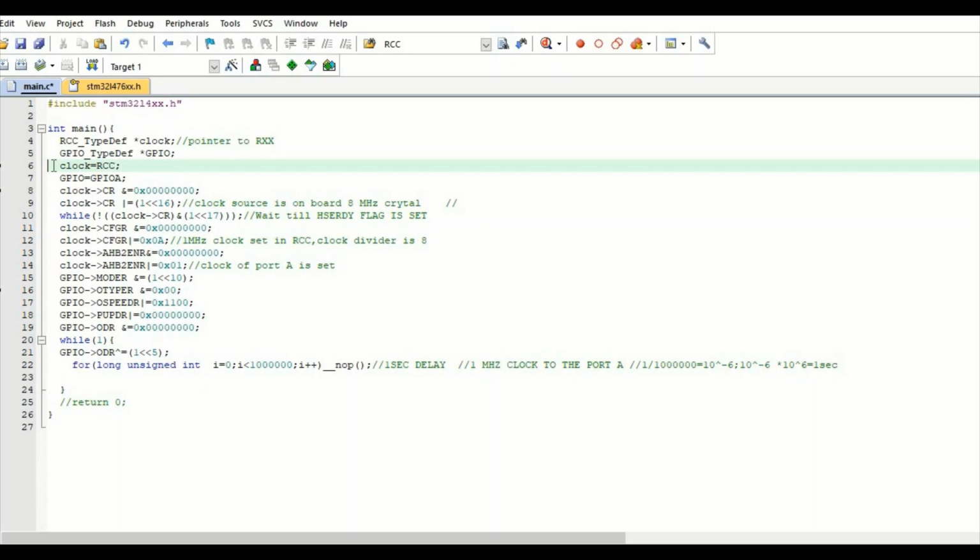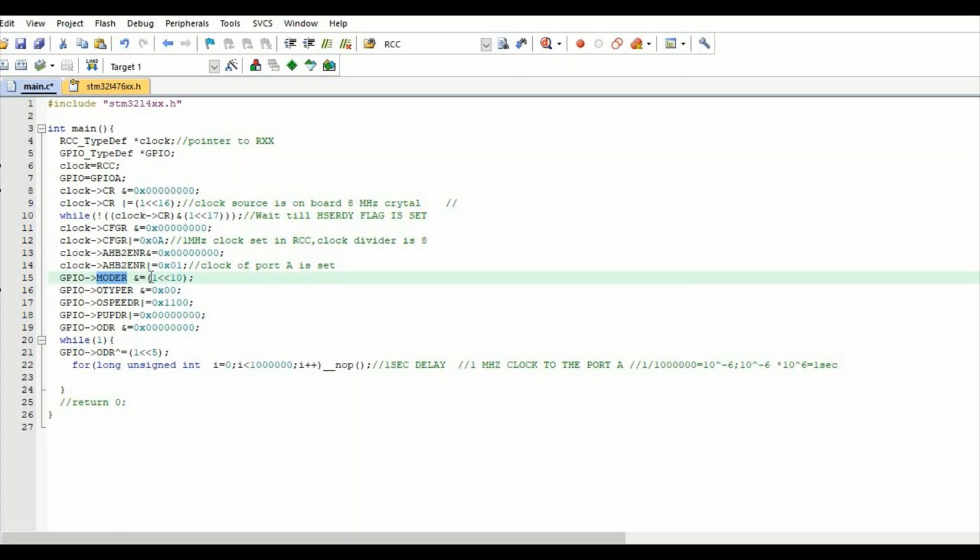You can have a look in the startup file. The MODER register just sets the input or output mode of the pin we are using.